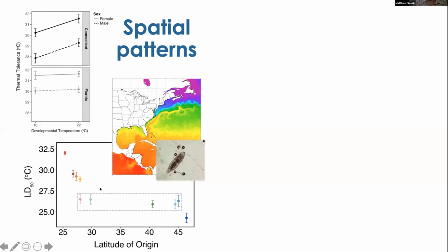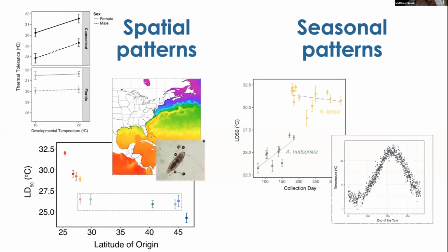We also found evidence for gene flow. These are populations that don't have different thermal tolerances. We did some genetics that showed that there's enough connectivity to essentially prevent adaptive divergence from happening. One of the other elements of this project was comparing male and female thermal tolerance. And we actually found that males always have lower thermal tolerance than females, which has interesting consequences for things like vulnerability to climate change. And then the other main aspect of my dissertation that I want to touch on is